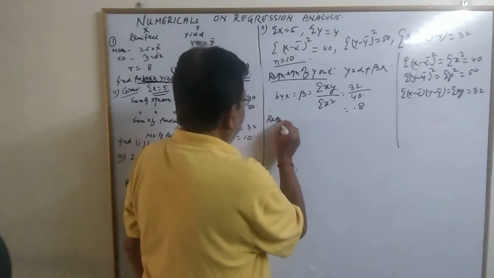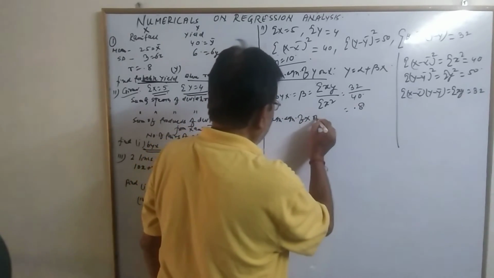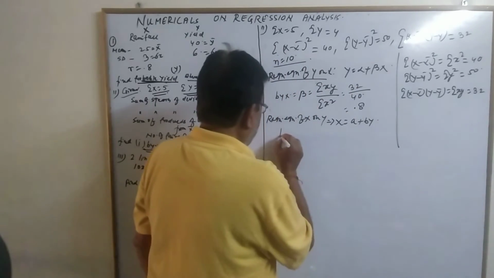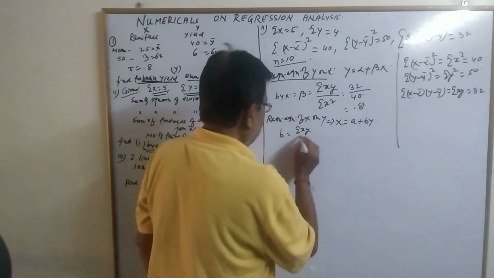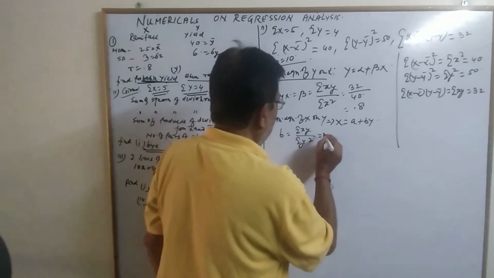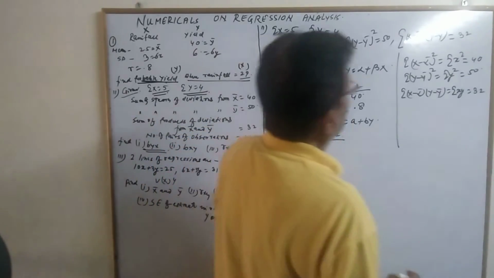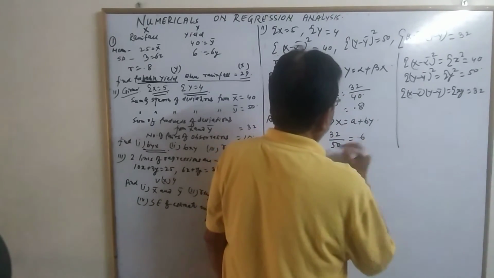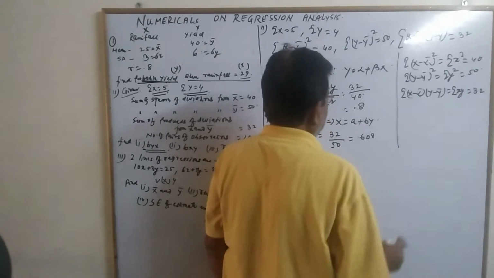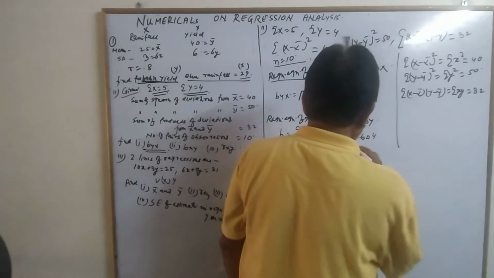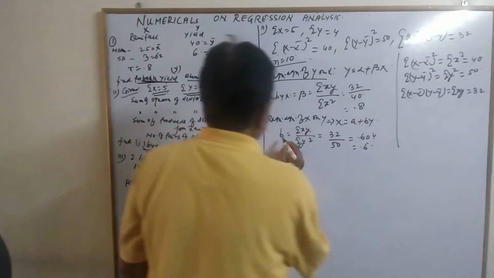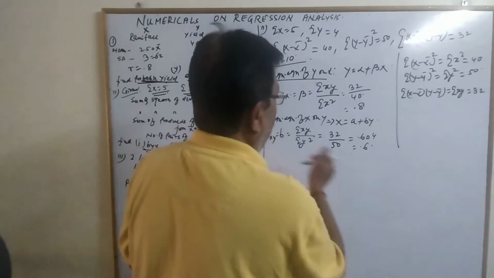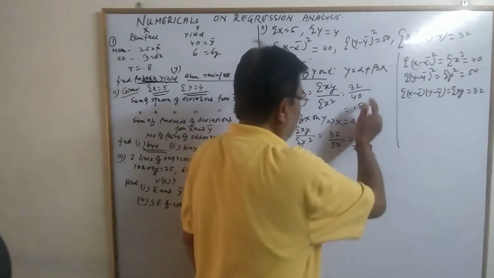Now regression equation of x on y, that is x is a plus b y, and b is defined as summation xy by summation y square. So 32 divided by 50, 0.608, 0.604, it could be taken as 0.6. So this b is bxy, regression coefficient of x on y, and these two answers can